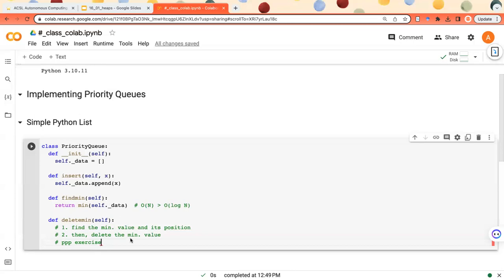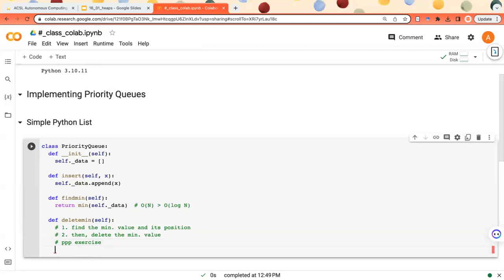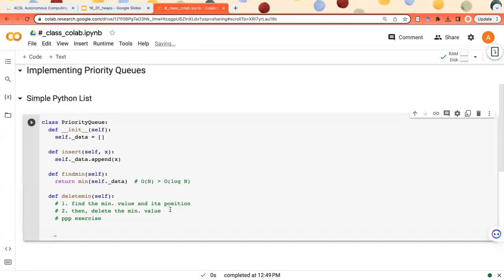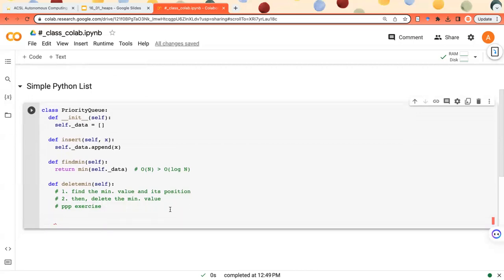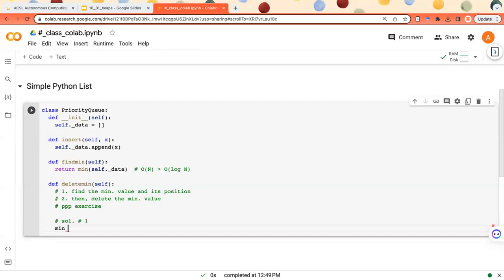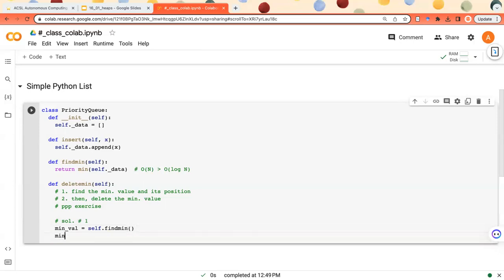Okay, thank you for sharing your answers. Let's implement this method together. I guess there are basically two approaches, and some of you came up with similar approaches. The first approach is we are going to just find the min value first using the find min method we implemented. And then we are going to find the min index